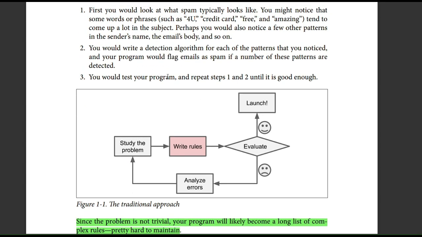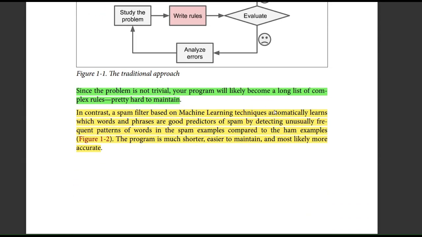Then we try to write some rules on the basis of which our program classifies the email as spam or not. For example here, we are recognizing these patterns that are present inside the spam emails, and if a few of these patterns are occurring in a particular email, then we classify it as a spam email. Then we evaluate our program, and perform these two steps again and again, evaluate again and again until it gives a good performance, and then we try to launch the program. So this is what we're doing if we want to write an algorithm to classify an email as spam or not.